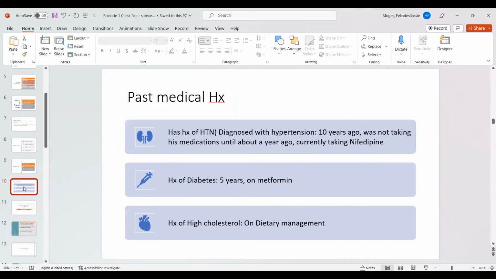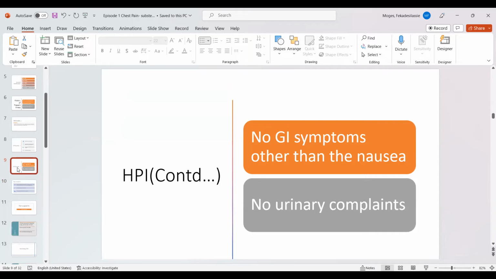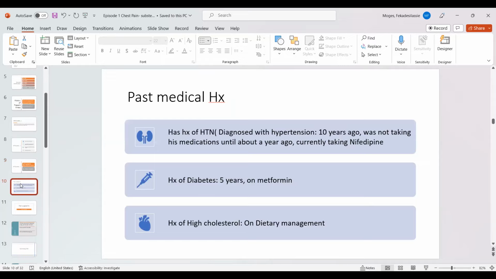Do you have follow-up for your hypertension and diabetes? I said it, doctor, I am like ignoring myself. They told me 10 years ago about my hypertension. I haven't been taking my medication. I am busy and I consider myself healthy. So I just started taking my medication last year. I said it already. So be a good listener, by the way.